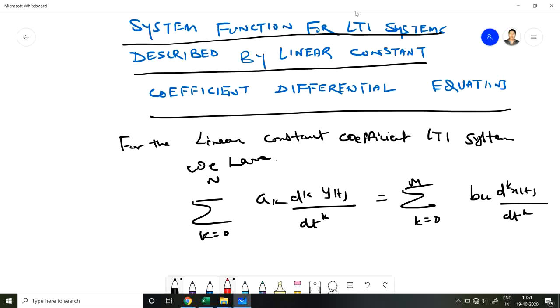So this is our equation for the linear constant coefficient differential equation for a continuous time LTI system. Taking the Laplace transform on both sides,